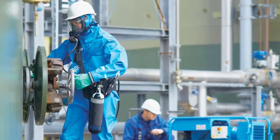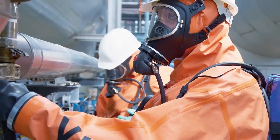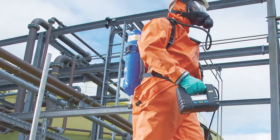Dräger asked Human Ergonomics, a company specializing in anthropometry, to assist the development. The target was to ensure the suit fitted everyone perfectly, regardless of where they come from, how tall or short they are, thin or not quite so thin. Our mission was to create a suit which fits the wearer snugly and aids their work without getting in the